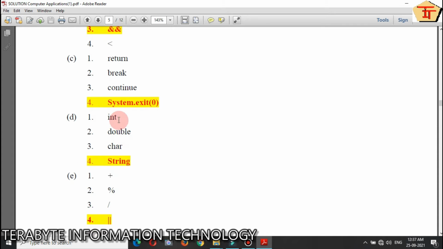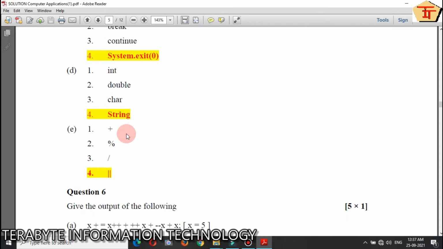D, int, double, char, all come under primitive, only this string is different, so this should be the correct one. Plus, modulus and divide come under the same group, only this OR is different, so it should be the correct answer.